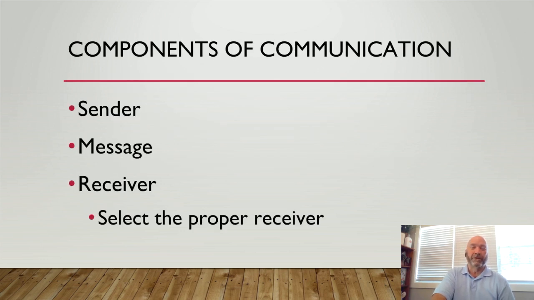So the basics of communication, you know, there has to be a sender, a message, and a receiver. So your sender is who initiates the communication. The message is what needs to be communicated, and the receiver is the person who needs to receive that communication. So the first mistake that I see made in communication is selecting the improper receiver of the communication. You need to decide who it is that you need to talk to and talk directly to that person instead